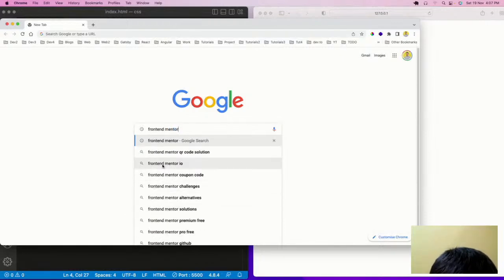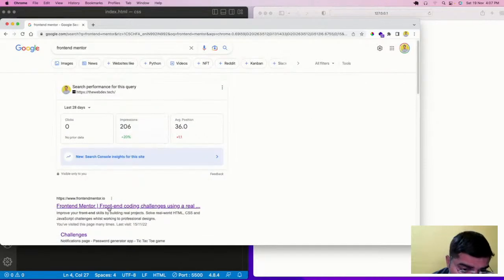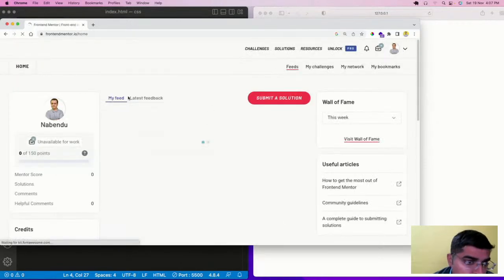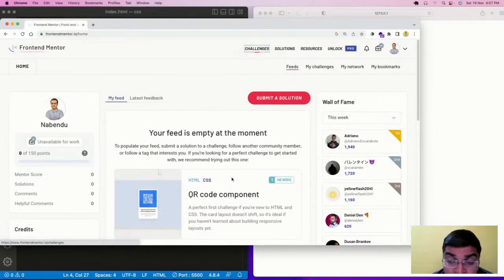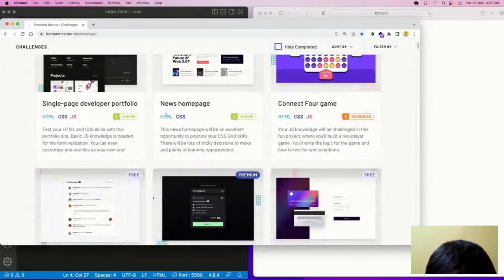Frontend Mentor is a site which almost relates to the live environment. Here are the challenges, and based on your expertise, you can see here a news homepage.